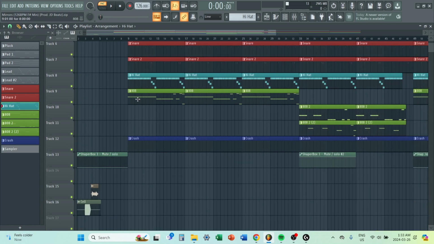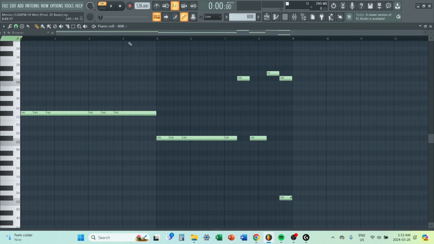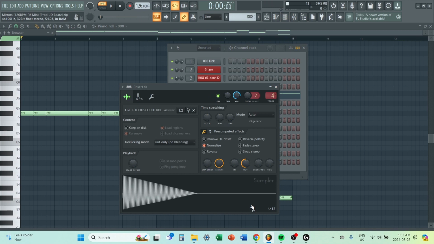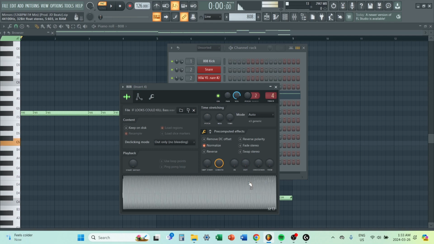Then I added some 808s. So for the hook, I added this 808 right here. This is actually the bass from If Looks Could Kill. So originally it's like this,